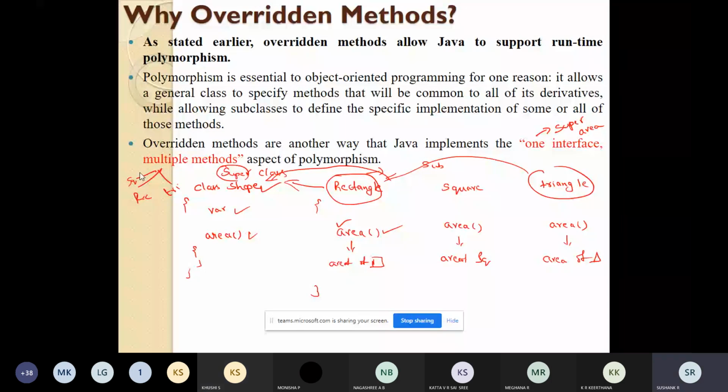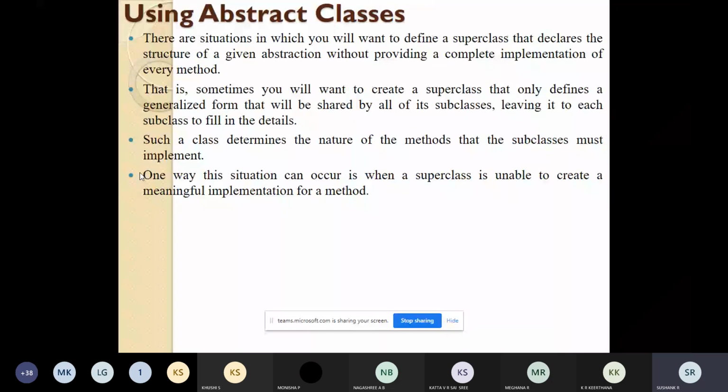See, next thing is using abstract classes. It is a situation in which we have a class called A. So this is my superclass. For the superclass you will just write the function name.